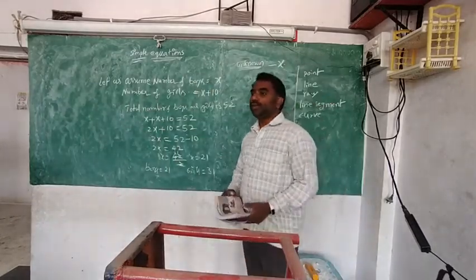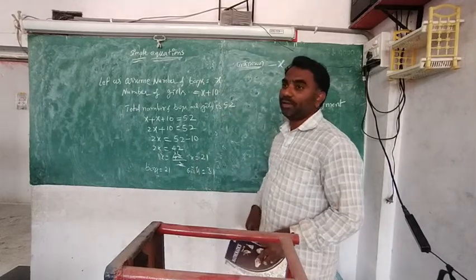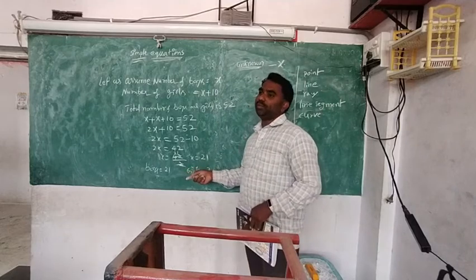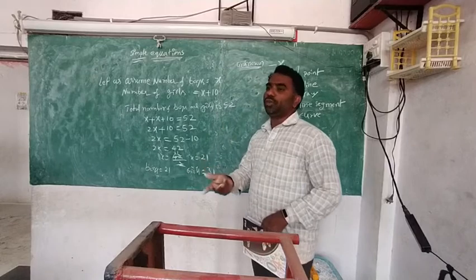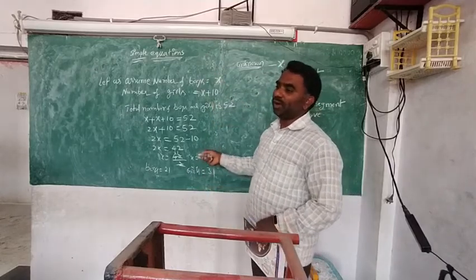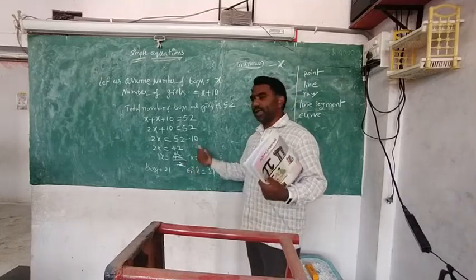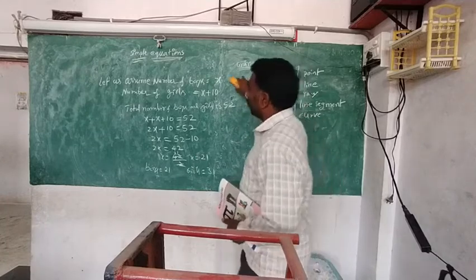Okay, if you first guessed the answer, that is only because you got it by guessing. But if these numbers are bigger, then you can't guess. That time we should compulsorily use this method. If you use this method, any numbers you give, you can find the answer. Even a crore or 2 crores, you can find the answer without any mistakes. Okay, next, second situation.